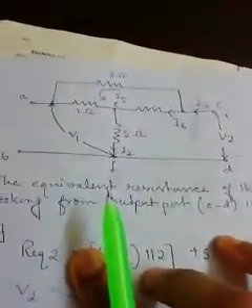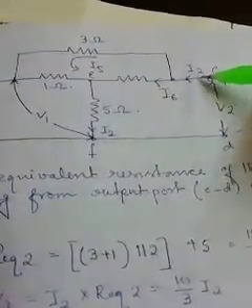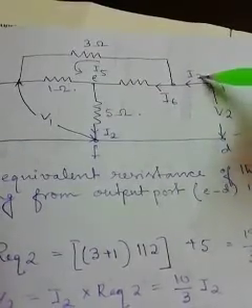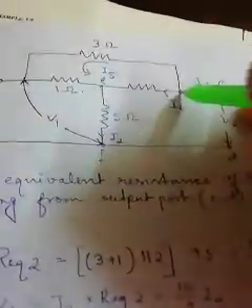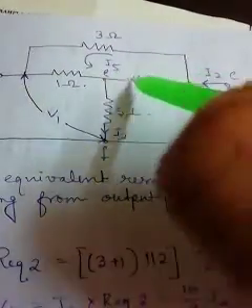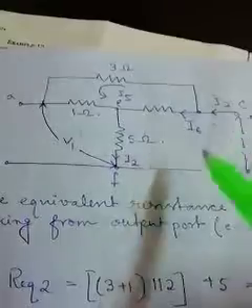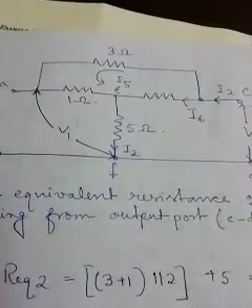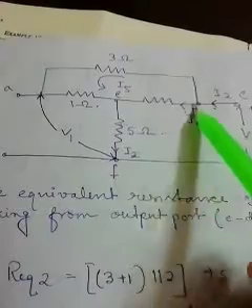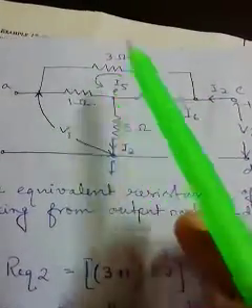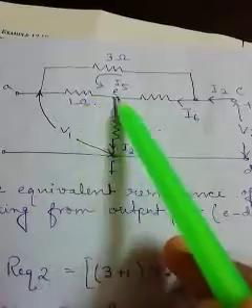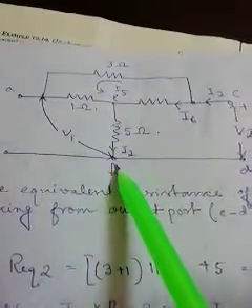Now again we do the same thing from the opposite port, keeping the input port open and giving the supply from the output port. We redraw the circuit on the next page. Here, in the same way, the current is I2. At this point I2 gets two paths to flow, one path is this, another is this. If we take the separate current notation as I6 for this one and I5 for this one, then at this point I5 and I6 both meet and again we get the value I2.